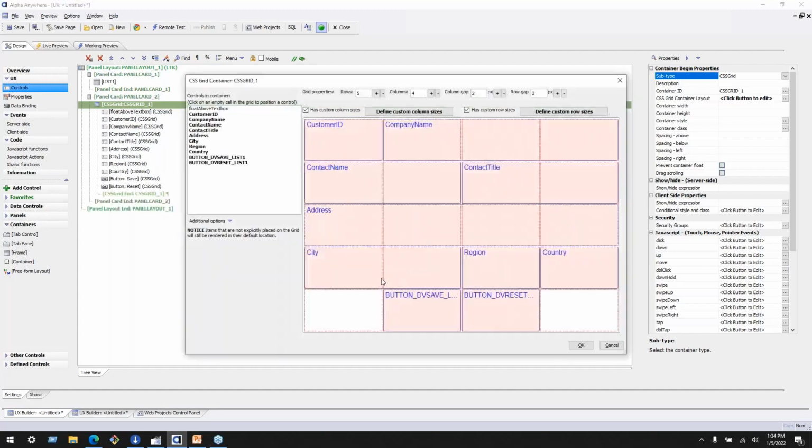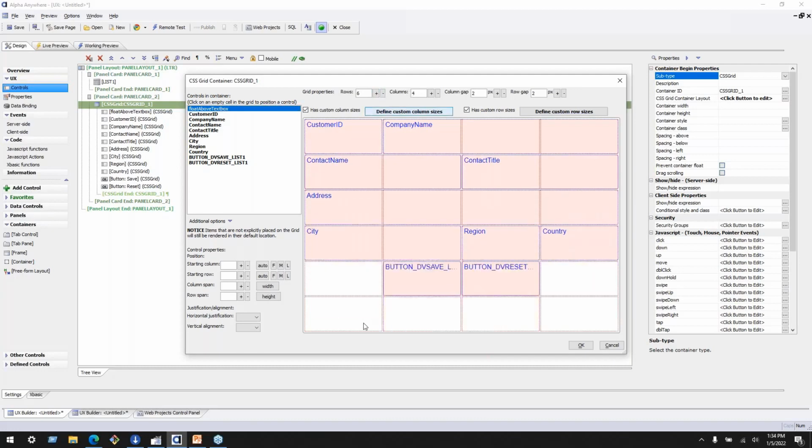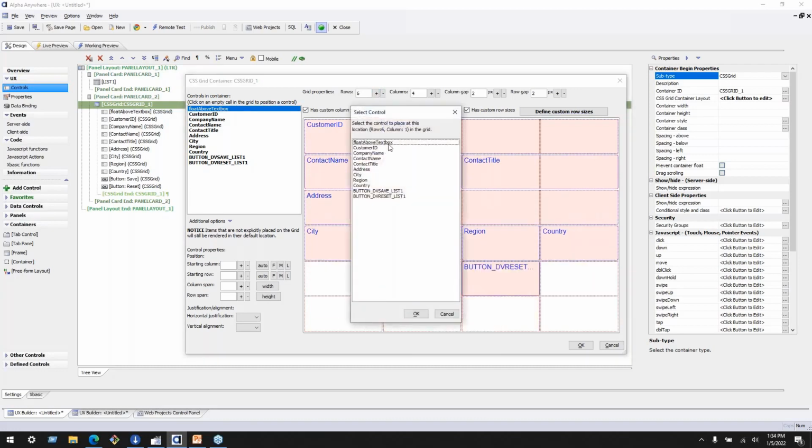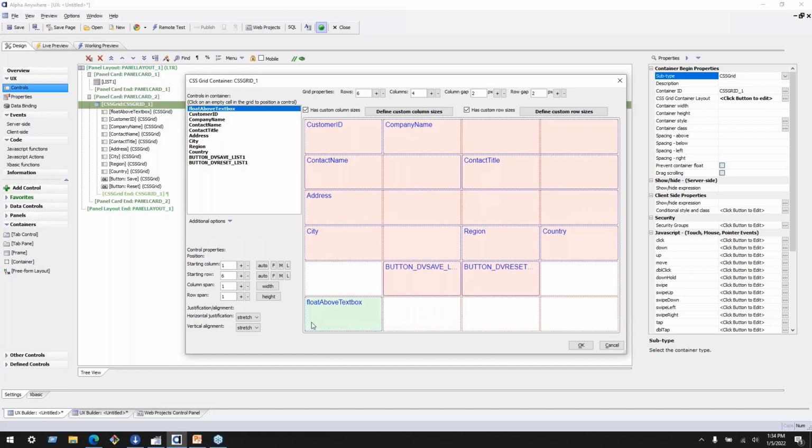So what you may need to do is come in here and add a new row. Add float above text box down here. What you may need to do is give it an explicit height. If we know how tall text boxes are in Alpha Anywhere,